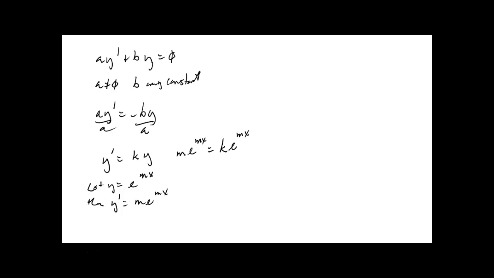And they kind of get me lost here. I know what they're heading for, but their way of doing it is just so bizarre. They go back to this form, but using this solution that we just did here. Okay? Again, let y equal e to the mx. And then y prime is m times that. So then if you go up to this equation, you have a m e to the mx is equal to